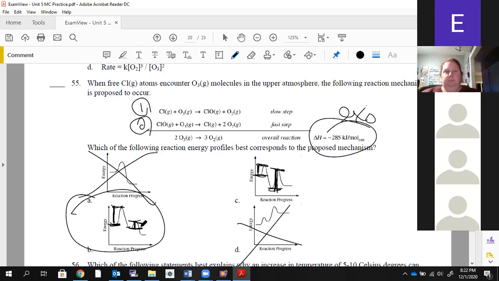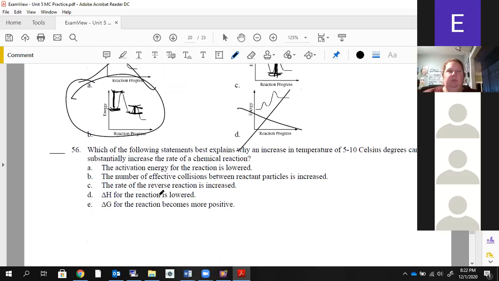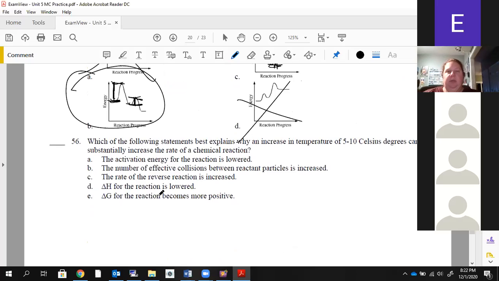Can we do number 56? 56, yeah. Which of the following statements best explains why an increase in temperature can substantially increase the rate of a chemical reaction? So this one makes sense to me, but I was curious about D and E. D and E are going to come later. Okay. So E, you know nothing about yet. D, technically we could talk about,